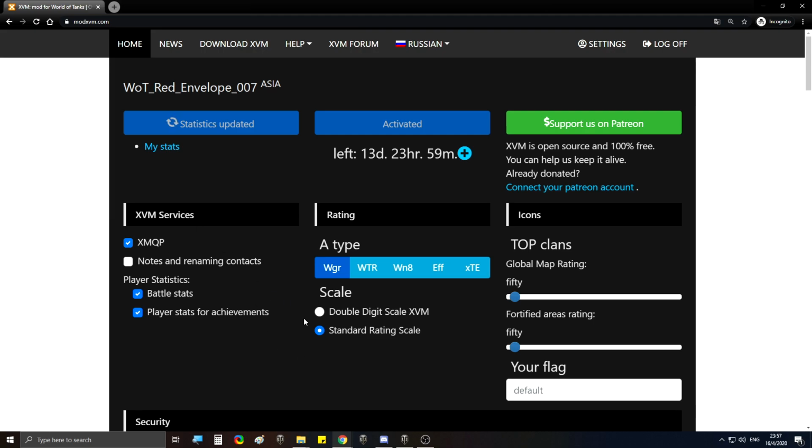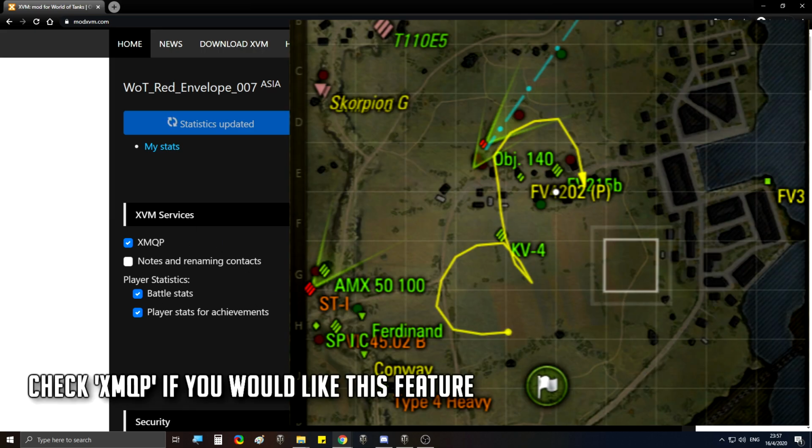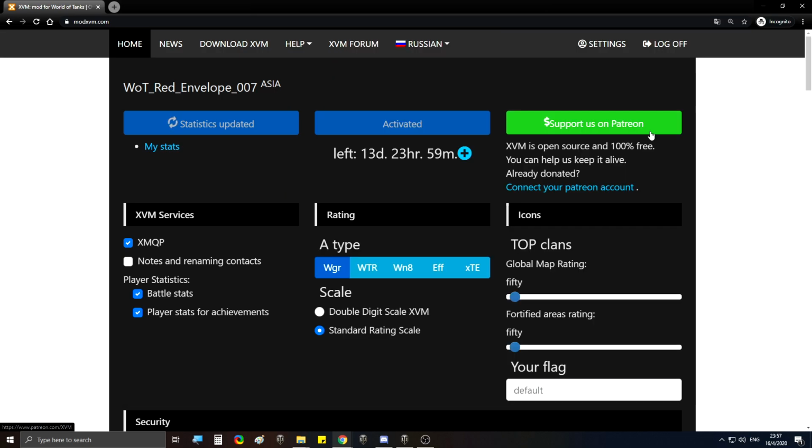With this setup, I am also able to draw on the minimap if I want to. You know, I can draw circles on the minimap. I can draw lines on the minimap by holding down my mouse over the minimap and clicking on it. It's really useful for situations where